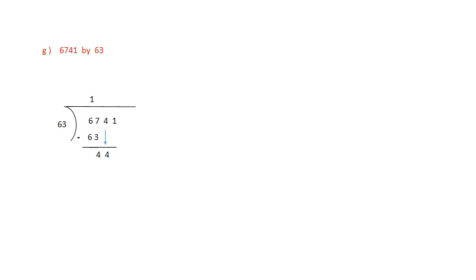Now what we'll do, we'll bring 4 down. Now student, if you see, this is 44. 44 is less than 63, meaning 63 table 44 will not come. So what we'll do in such a case, we'll take zeros. 63 zeros are 0. We'll write down here 44. Now what we'll do, we'll bring this last number 1 here.